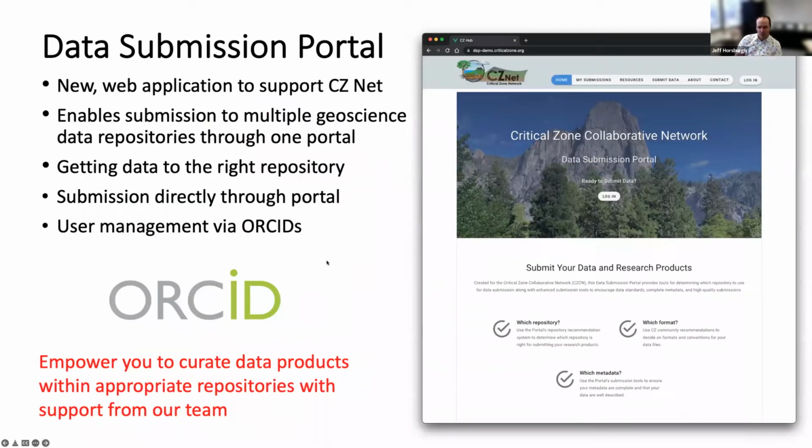Okay, so it's a new website. It's a new web application that we are supporting, that we are building. It enables submission to multiple geoscience data repositories through this one portal. It's focused on getting data to the right repository and submission directly through the portal. Our user management for the data submission portal is done via ORCIDs. So if you don't have an ORCID already, you're going to need one to work with the data submission